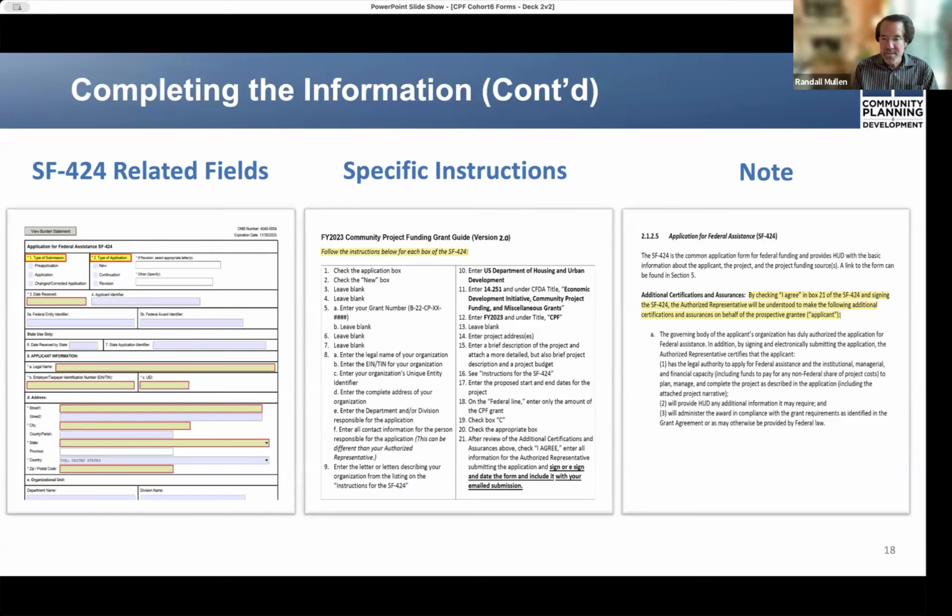The last specific instruction, box 21, in the lower right-hand corner of the center column of the slide, refers to certifications and assurances. It also requires your authorized representative to sign and date that form, thereby providing assurances attesting that the foregoing information is true, complete, and accurate.